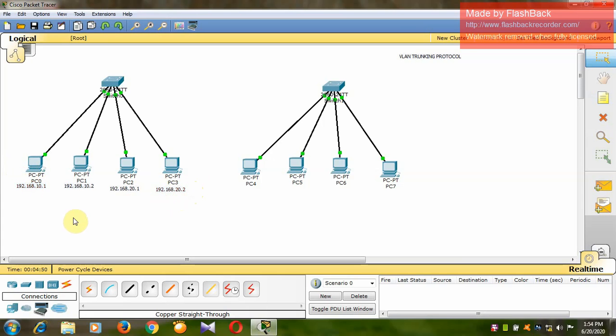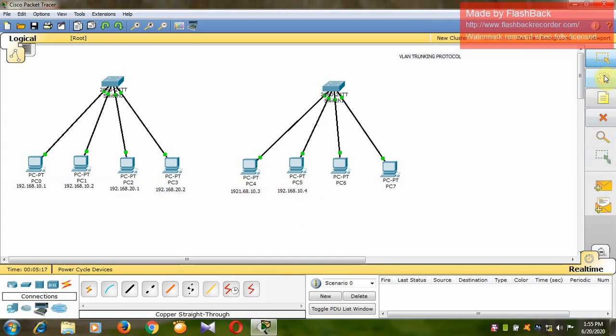Let me assume some IP addresses for these devices also. I'm going to put these two PCs under one network, that is 192.168.10.3 for PC4, and 192.168.10.4 for this PC.